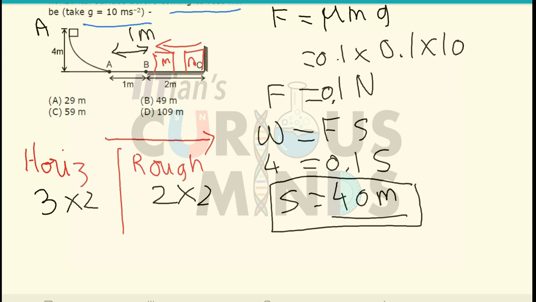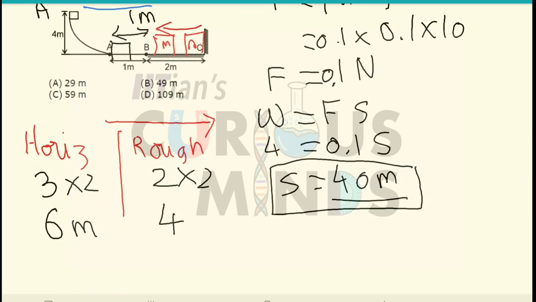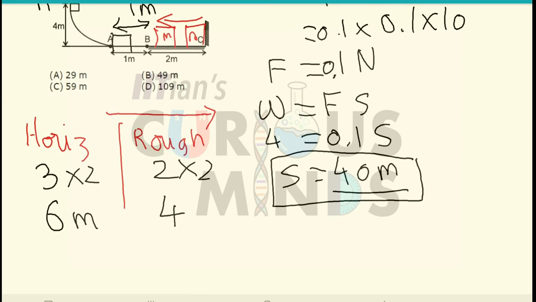So it means that when the body goes from point A to point C and again returns to point A, it covers a total distance of 6 meter, and on the rough patch it covers a distance of 4 meter, okay. On the rough patch it covers a distance of 4 meter. So let us see how many rounds it can make in this part. In the first round it will cover a distance of 6 meter and 4, okay. So totally it can perform 10 rounds over here, okay.